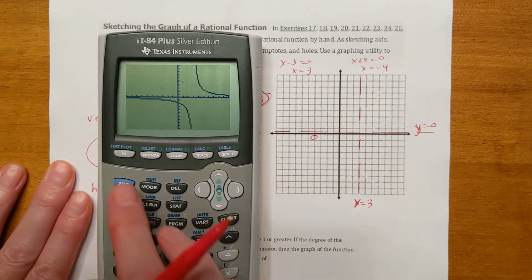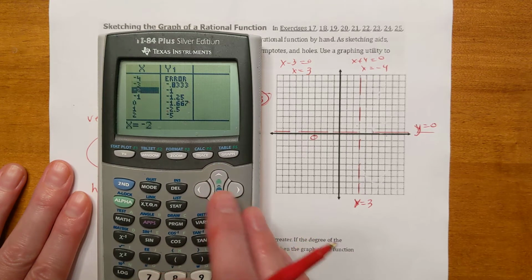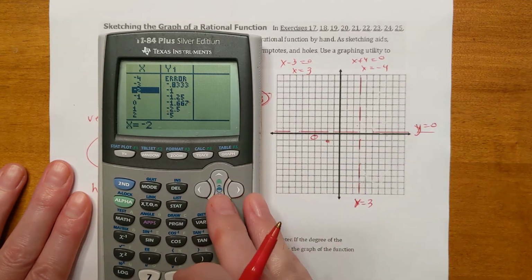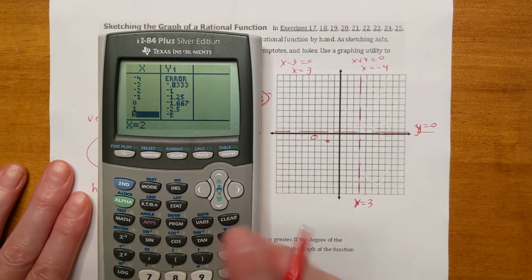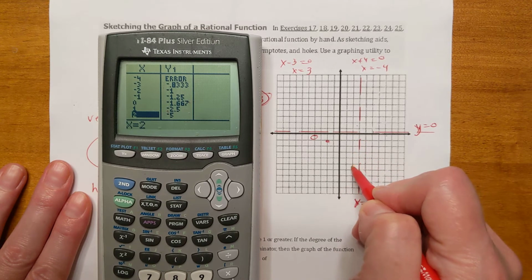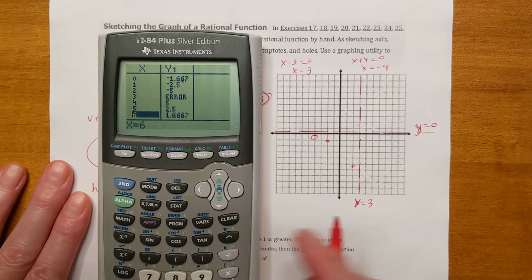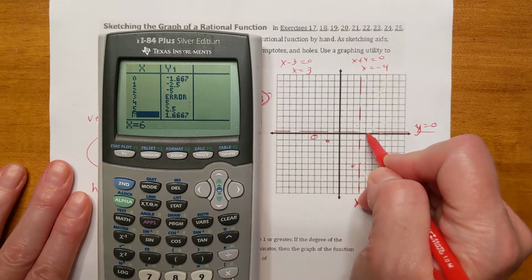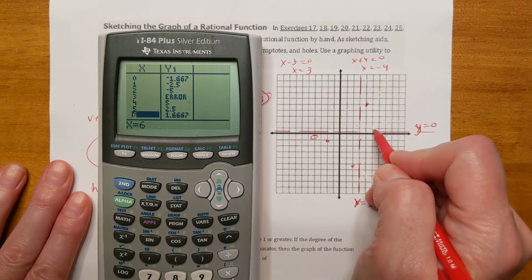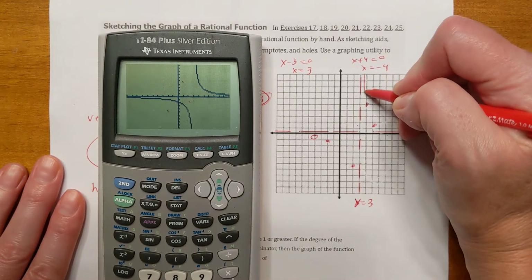Go to second graph. Let's see. Oh, let's use that one. -2, -1, that would be worthwhile. We had 2, -5. I think that's enough over there. Let's go a little higher here. At 4, it's 5. And at 6, it was 1.67. That's enough. All right, so connecting it up here,